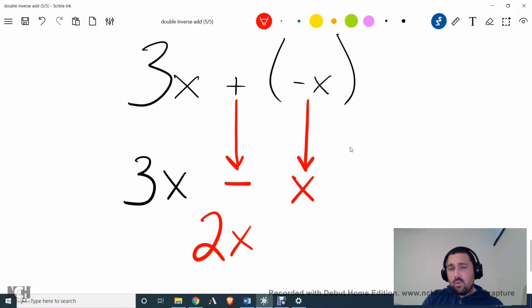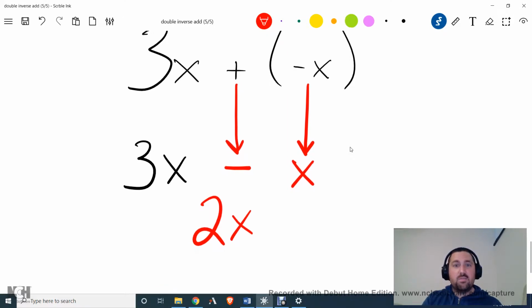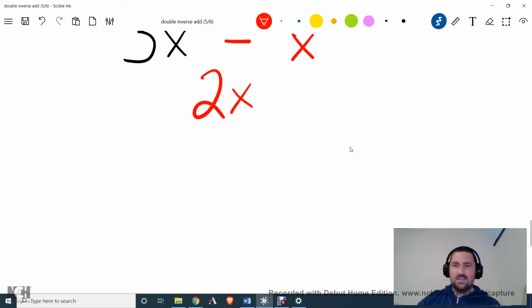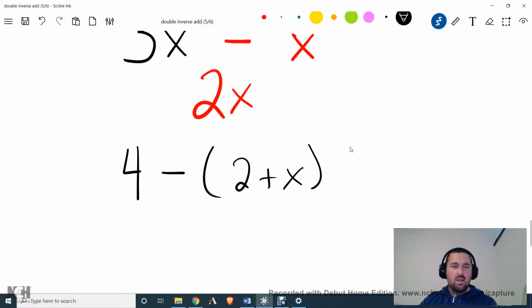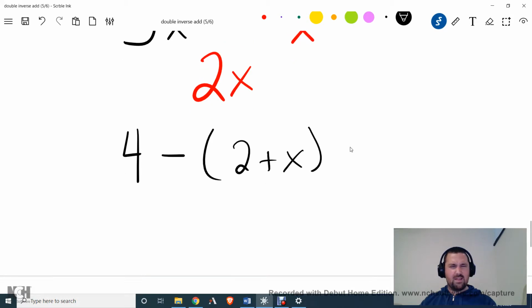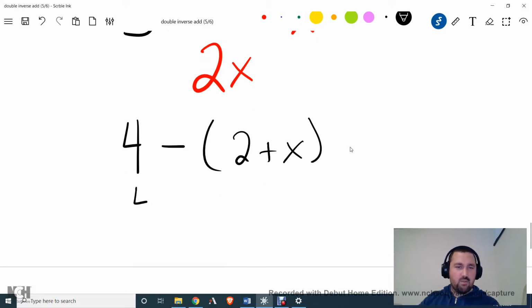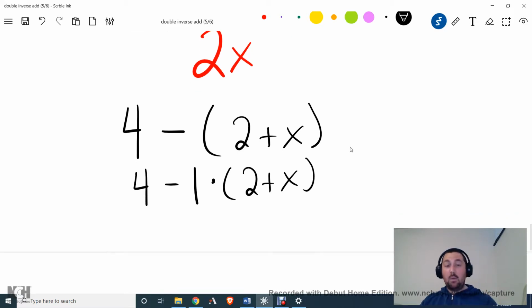Now, this is really what's going on when we've been distributing negatives. Let me show you what I mean by this. This is kind of an amazing thing. What if we have something like 4 minus 2 plus x? And we've said, okay, this is subtraction. I can't really distribute subtraction. This is weird. Well, remember, this is actually 4 minus 1 times 2 plus x,